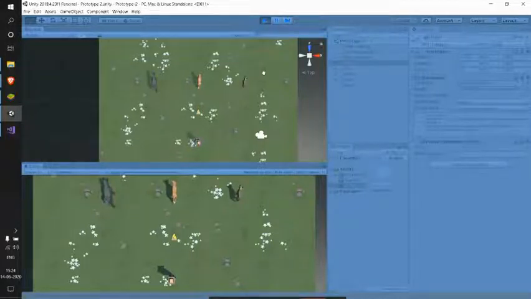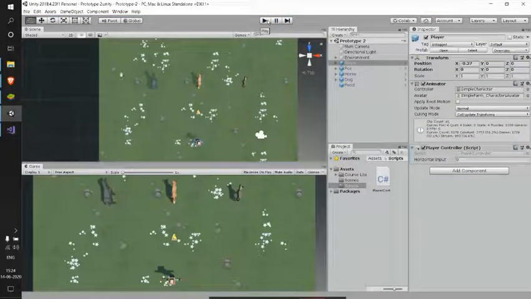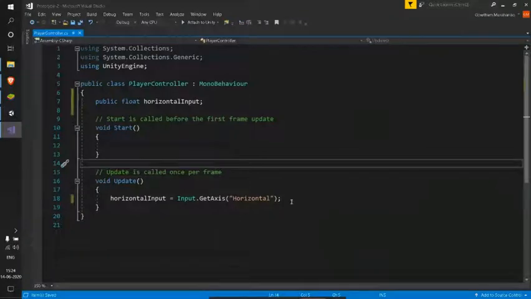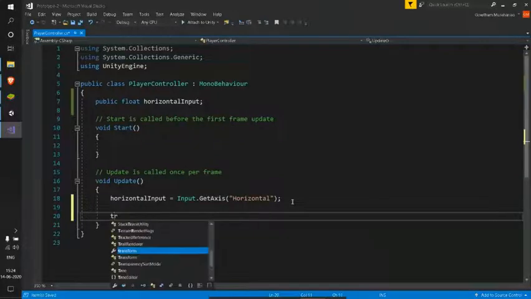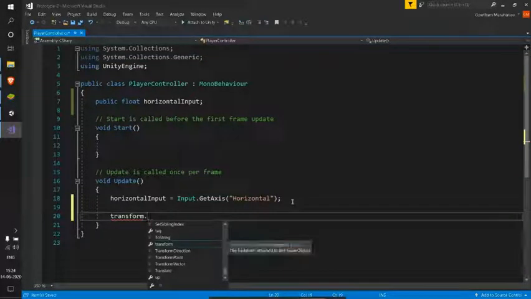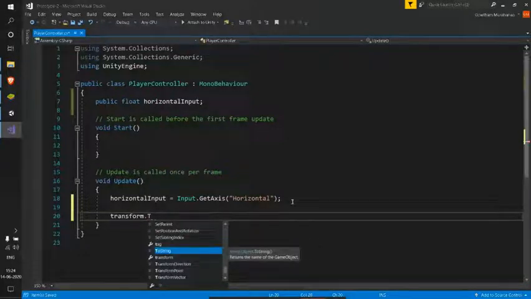So we can use this horizontal input variable to move our player left or right using the Translate method. This is pretty similar to what we have done previously in our car, where we wrote the car's left or right movement using Vector3.right instead of rotation.